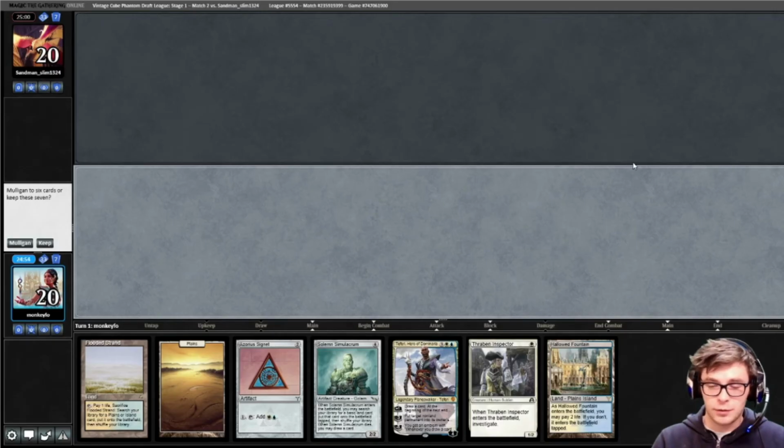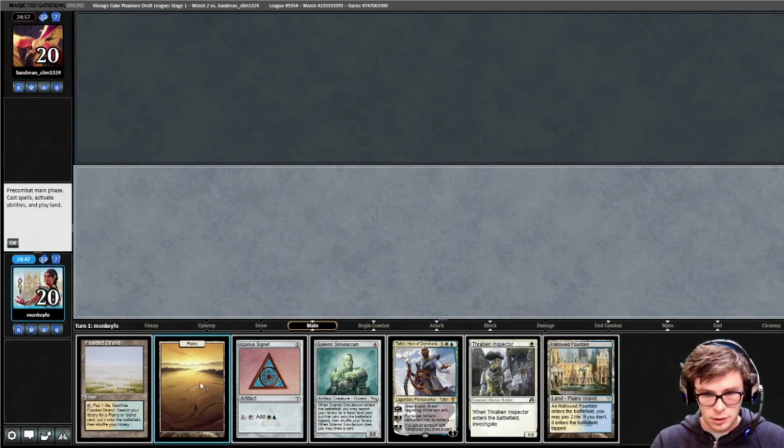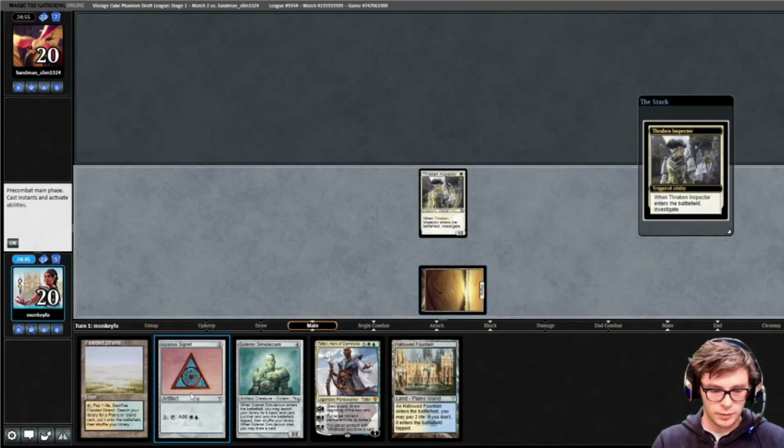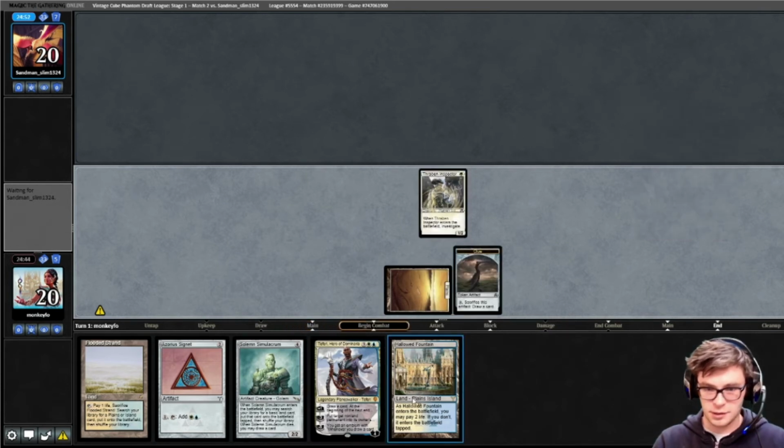Okay, here we are for round 2. We are on the play, and this hand is great. Keeping this one for sure. So, I'll play a Thraben Inspector on turn 1. Turn 2, I can play an Azorius Signet. Turn 3, I've got Solemn. Turn 4, I've got Teferi. So,